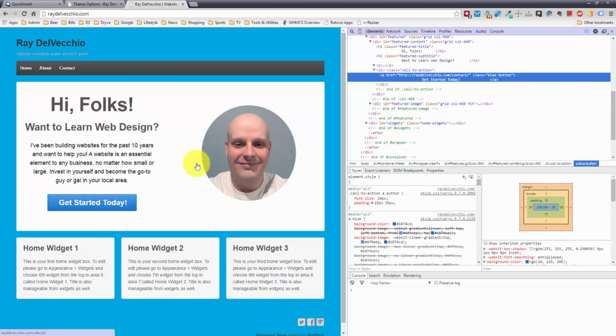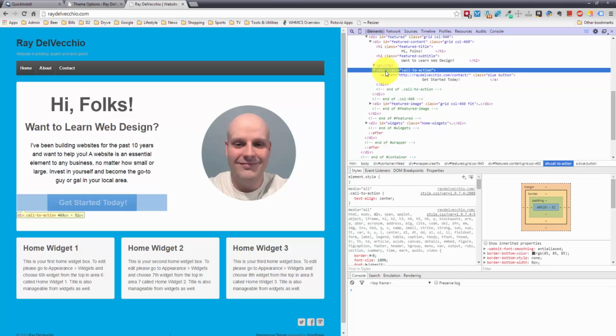So what we're going to do is we're going to do a little hack, a little workaround. What I'm going to do is I'm going to copy this HTML code. So they put this link here within a div, which really is just a container HTML element, and that has the class call to action. And as you hover, you see this is the top level HTML element. So I'm going to copy this, and go ahead and copy it,